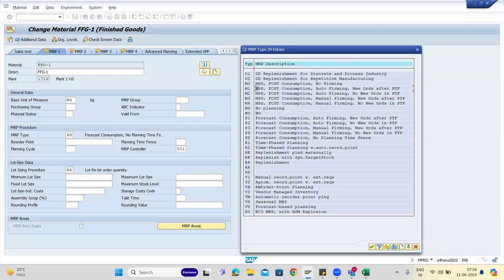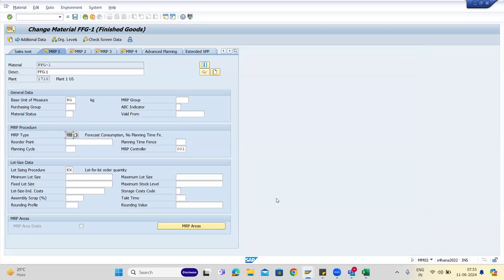Then you have manual reorder point, automatic reorder point. So what is automatic reorder point? First, let's discuss automatic reorder point. Usually automatic reorder point will be given to raw materials, which means now let's say I have selected automatic reorder point. When I press enter,